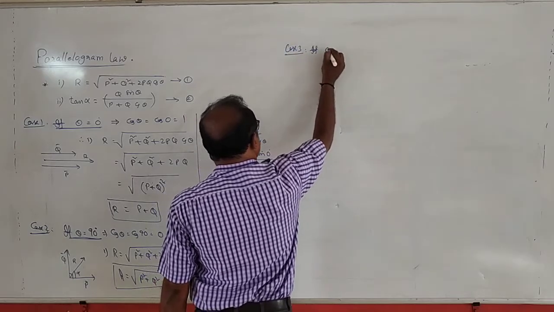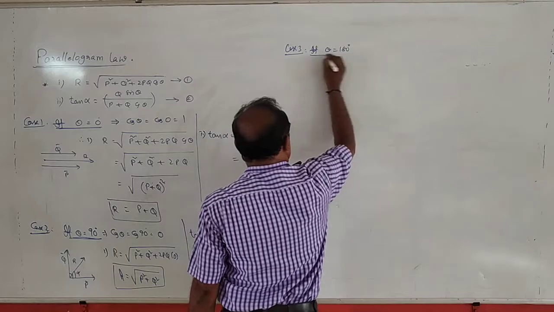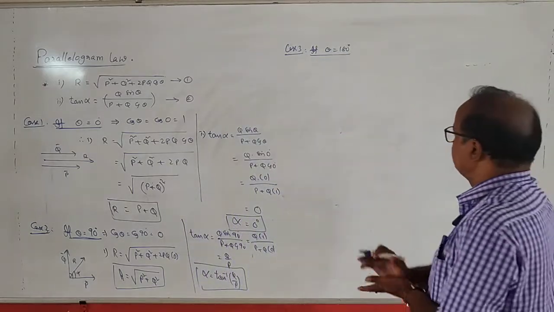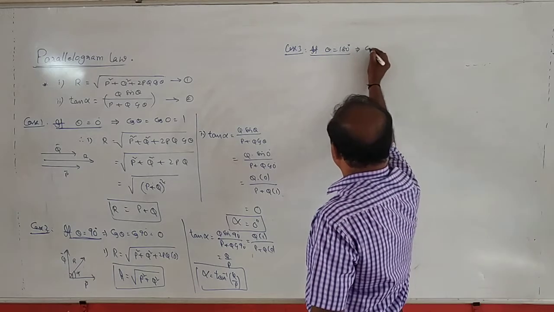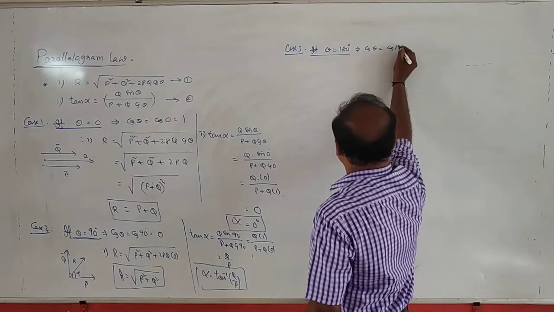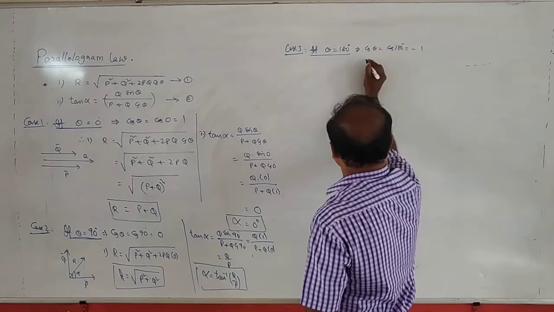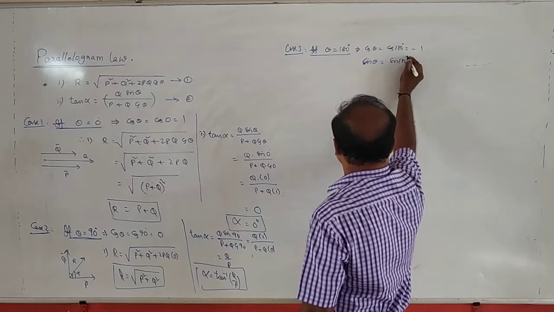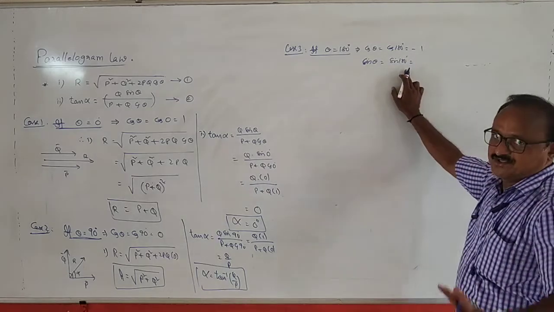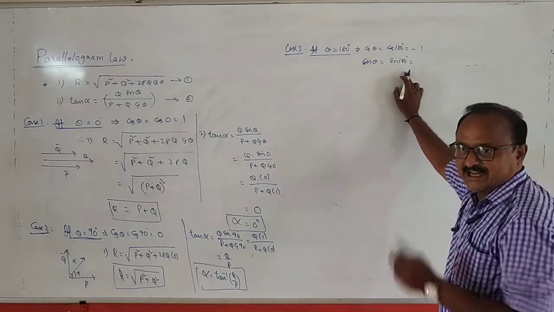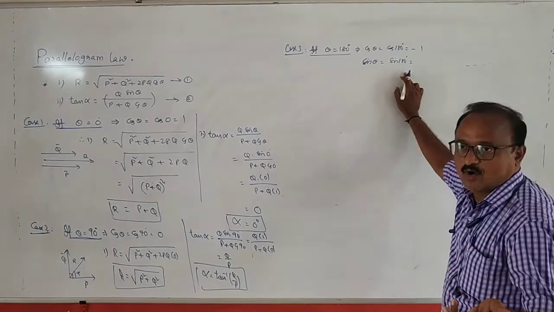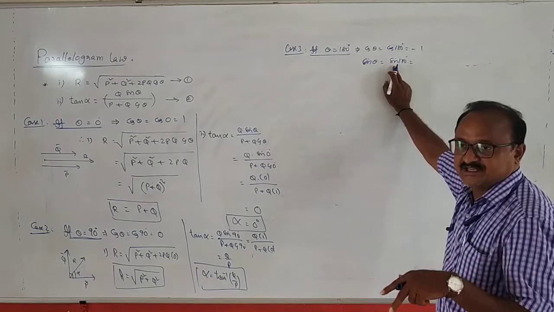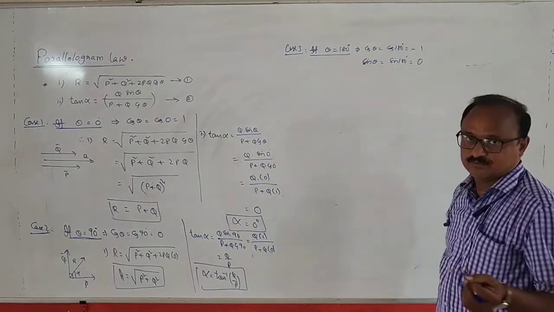If theta is equal to 180 degrees, theta 180 means both the vectors are opposite to each other, or anti-parallel. That implies cos theta is equal to cos 180, which is equal to minus 1. Sin theta is equal to sin 180. Sin 180 means sin of 90 plus 90. Sin of 90 plus 90 is in which quadrant? Second quadrant, where sin is positive. Sin of 90 plus 90 means cos 90, and cos 90 is equal to 0.